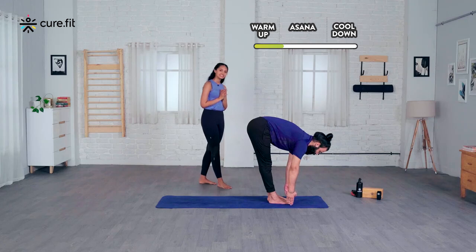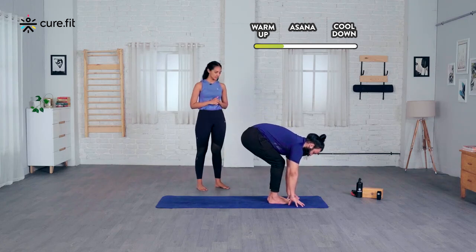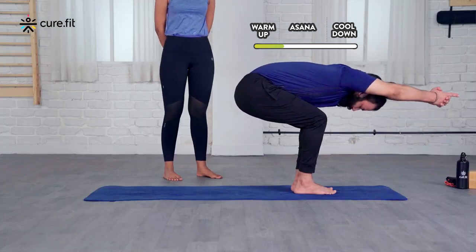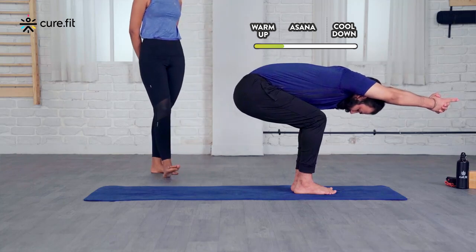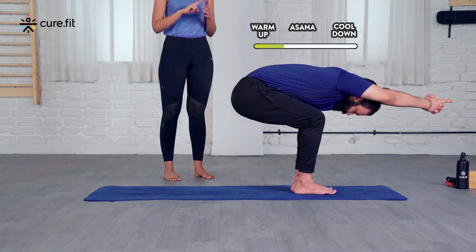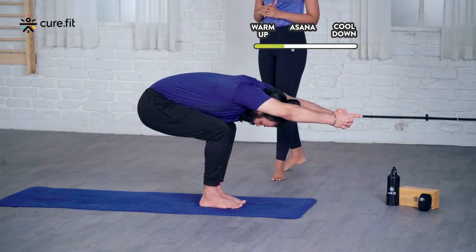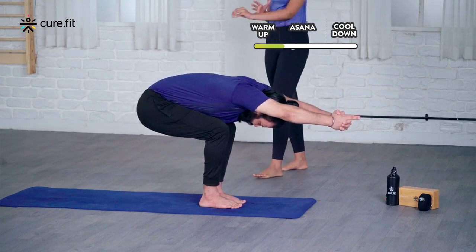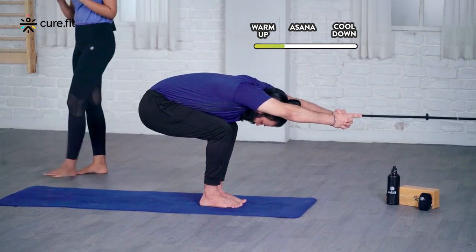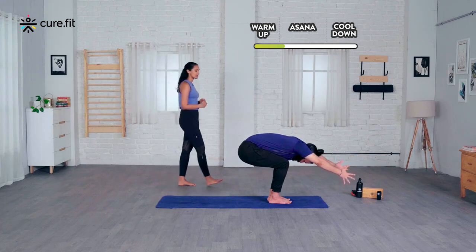9 and 10. Now from here itself, sink the hips down further, extend the arms in line with the ears completely and hold. This is going to be 1, 2, 3. You're doing amazing. Just stay there. 5, 6. Feel that pressure along your thighs and your hamstrings. 8, 9 and 10. Release and come back into the